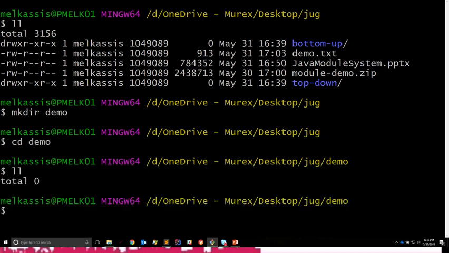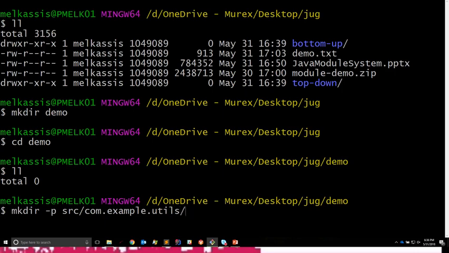So let's start. First, we actually need to create the folders in which my modules are going to lie. So I'm going to create, first of all, my source path. The source, SRC, is going to contain all the modules or the source code if you want. Okay, so the convention with module names is that they don't have to, but the convention is to respect the reverse DNS naming. So my first module, I'm going to call it